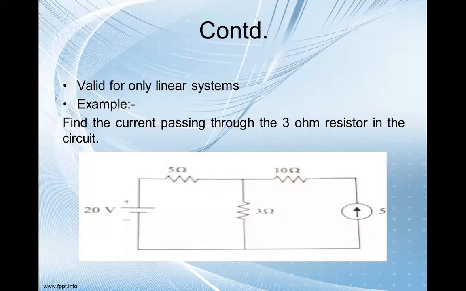I will copy this because I need to take a... One of you please draw the circuit, or all of you please draw 5 ohm, 3 ohm, 10 ohm. Okay, 5, 3, 10 and 20 volt, 5 ampere. So you have to tell me the resistances, 5 ohm, 3 ohm, 10 ohm, and 20 volt and 5 ampere. Have you drawn this circuit? You have to tell me these values when I draw.